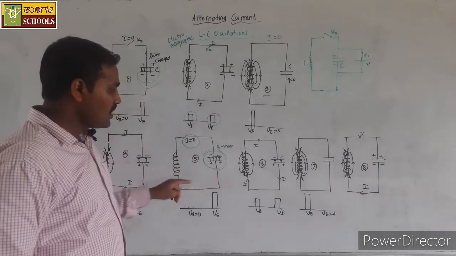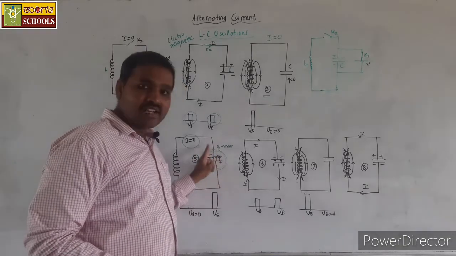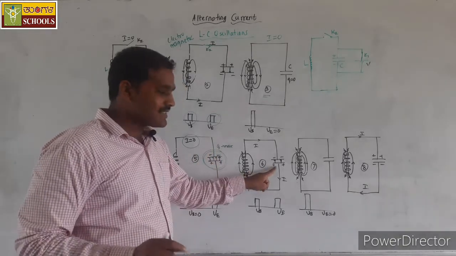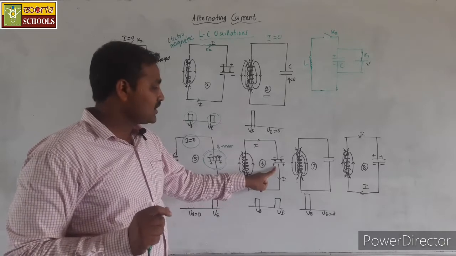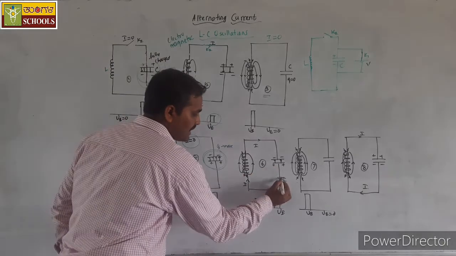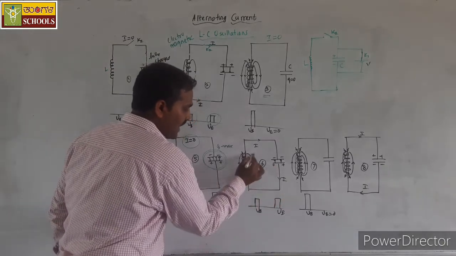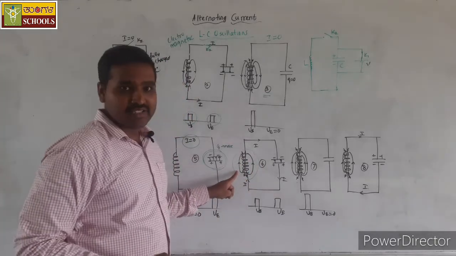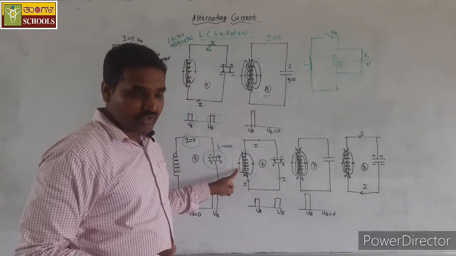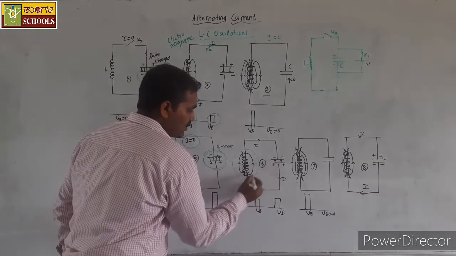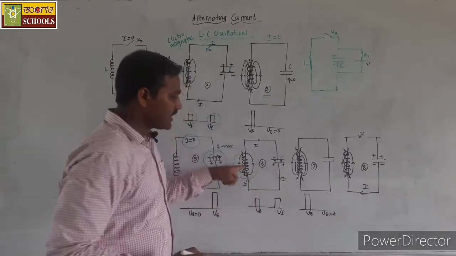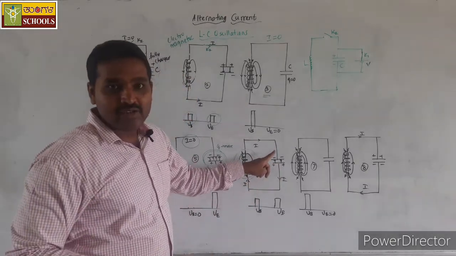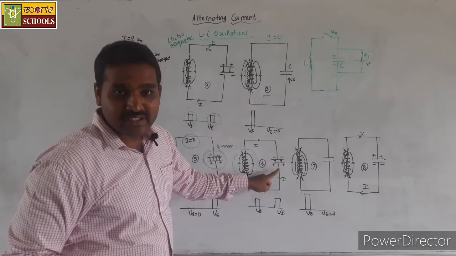Now again this completely charged capacitor starts getting discharged. That will allow the flow of electric current in this direction, and again the magnetic flux is induced around this inductor. As the electromagnetic energy is stored in the inductor, an equal amount of energy will be lost by the capacitor by the discharge.